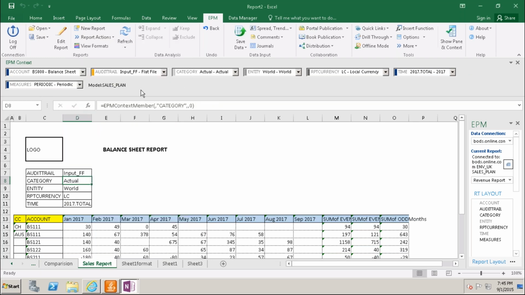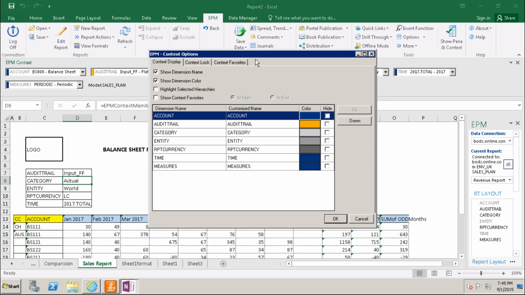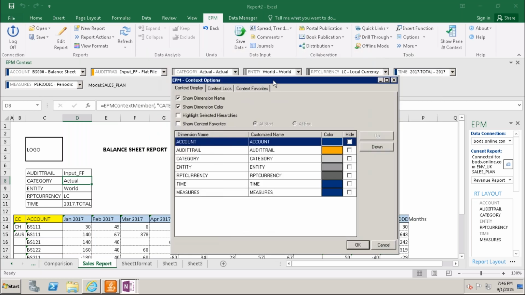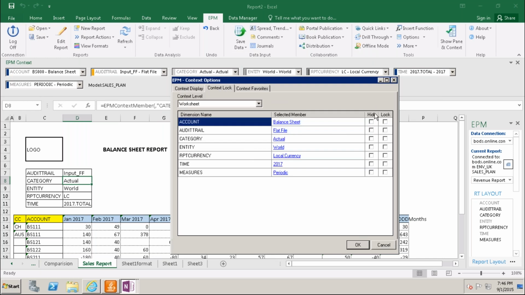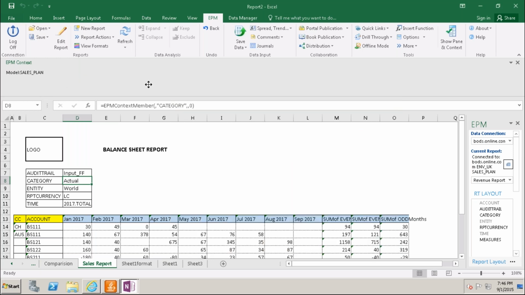Why should I give both ways for him to select? So what I will do here in my context options, I'll go and keep context lock, hide and lock, both. I don't want to show all these contexts, everything will be hidden. We cannot see anything here.